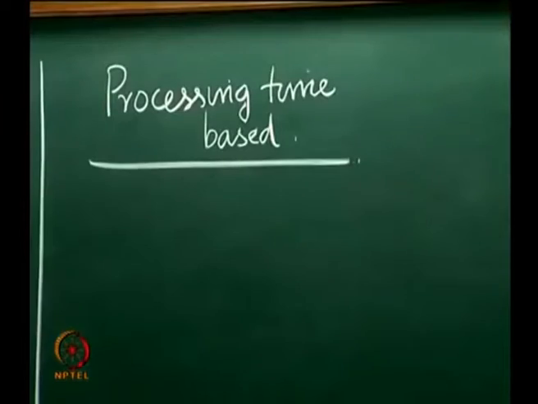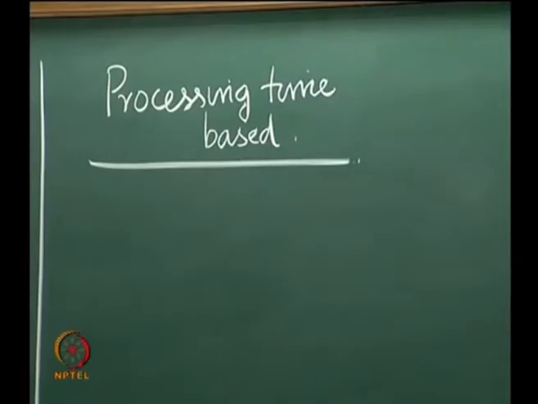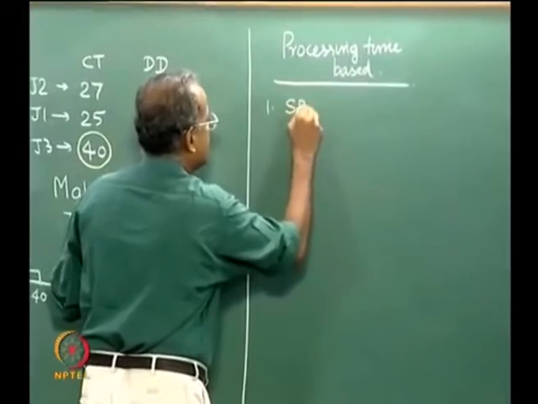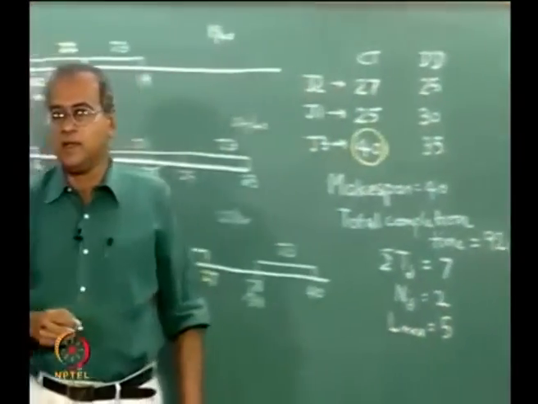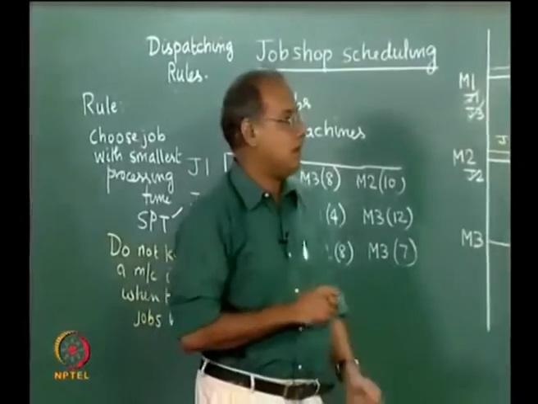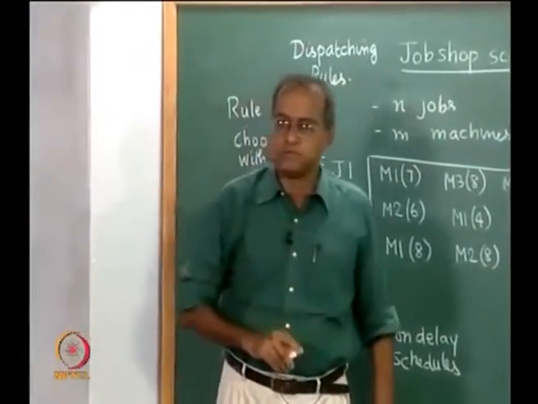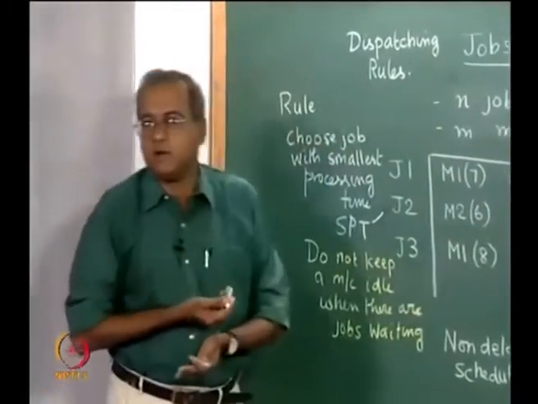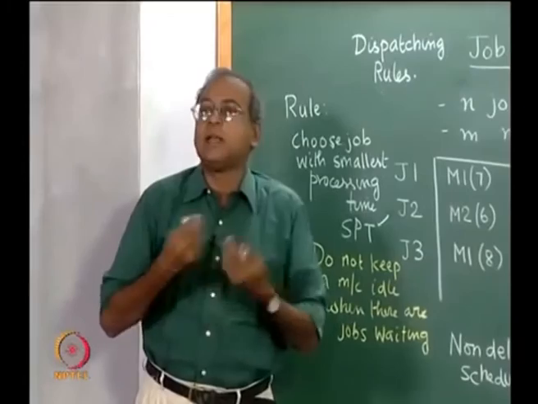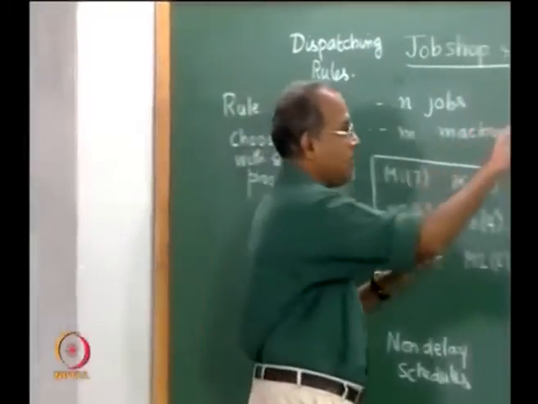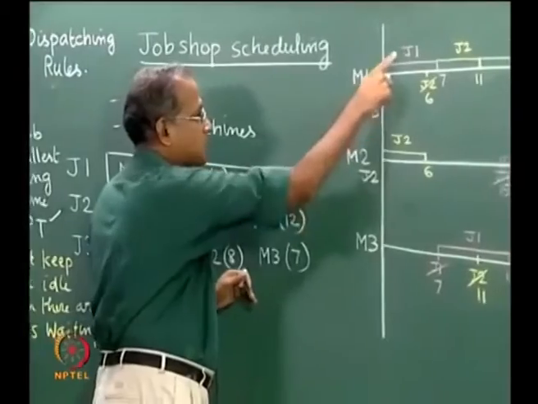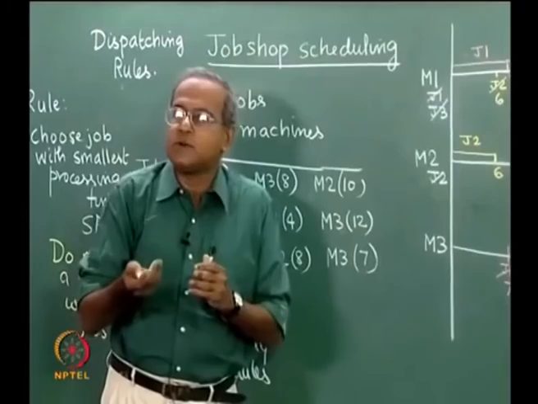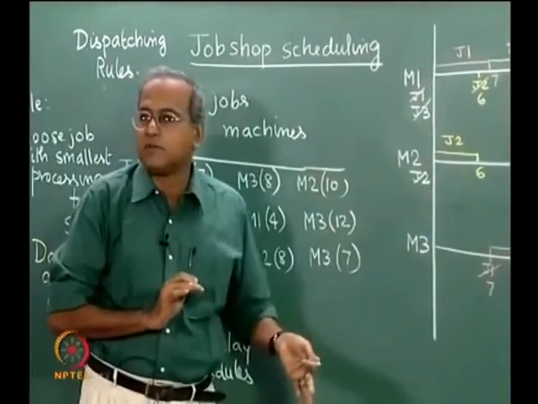Now, the rule that we used to create this Gantt chart is called shortest processing time rule. So, the first rule that is based on processing time is the shortest processing time rule, also called SPT rule. Now, if we can draw a chart using the SPT rule, we can also draw a chart using the LPT rule. For example, we chose between J1 and J3, we chose J1 first here based on SPT, but based on LPT we could have chosen J3 and the schedule would have looked very different.